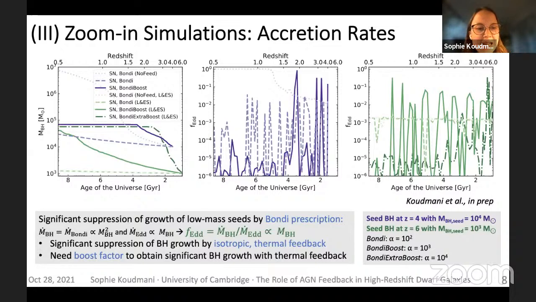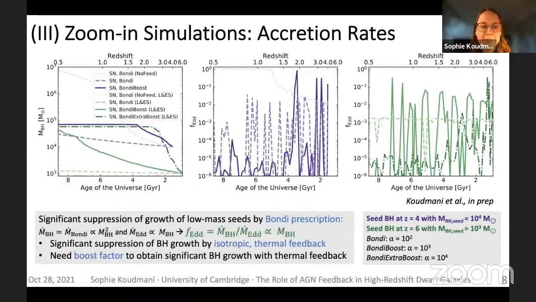I don't have time to discuss the slide in detail, but one thing that I would like to point out is that the efficient runs, so here the Bondi boost run and the Bondi extra boost run, actually only have a few high Eddington peaks and then get self-regulated essentially by the expelling of the gas. So it is actually quite remarkable that a handful of high Eddington accretion episodes